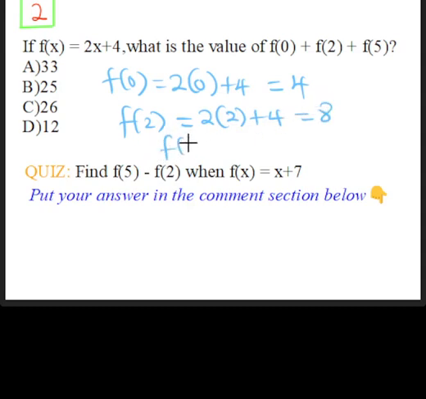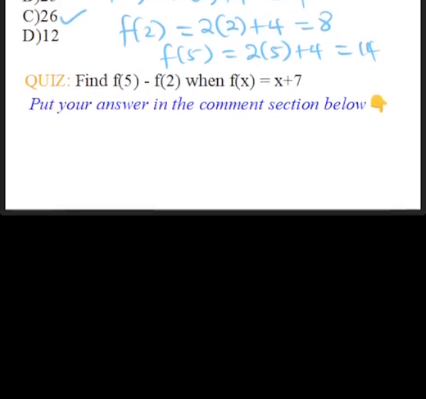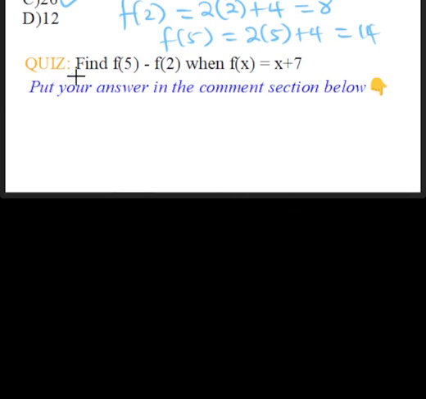Then f of 5 is equal to 2(5 plus 4). This is 2 times 5 is 10, 10 plus 4 is 14. So when you add this together, this is 22 plus 4, 26. All right, then for the quiz, find f of 5 minus f of 2 when